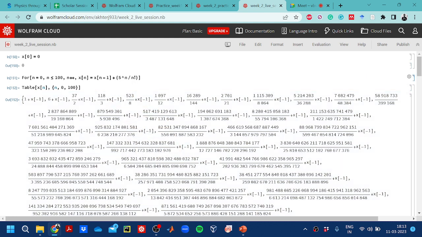Okay, so we have to start here from values 1 because the initial value is x0. So if we evaluate this,